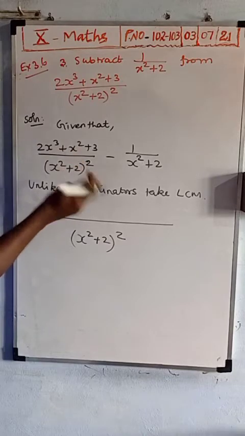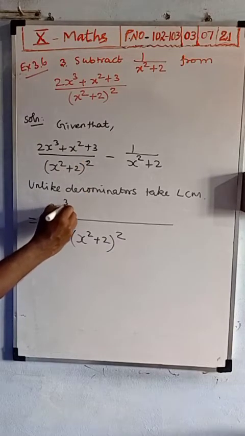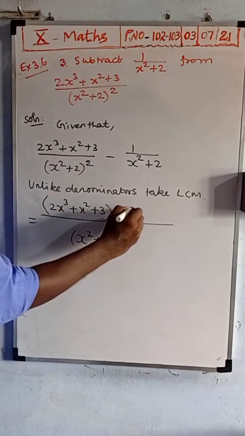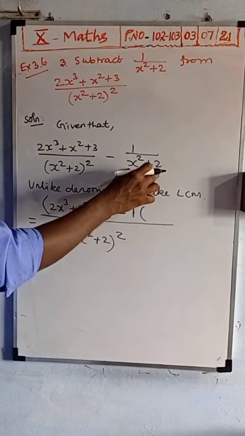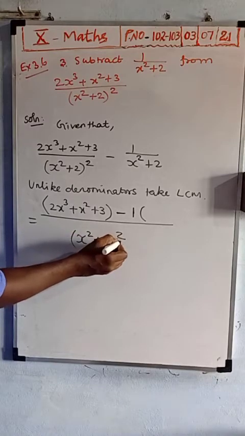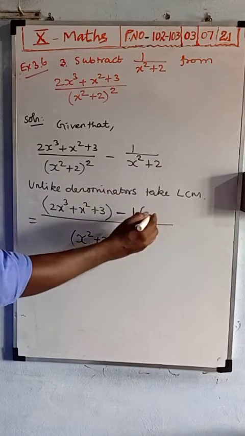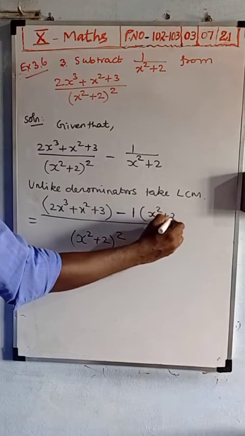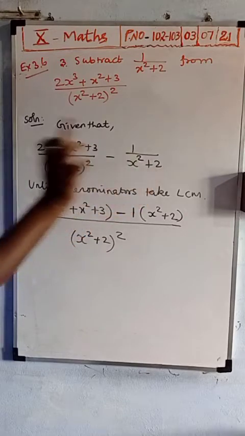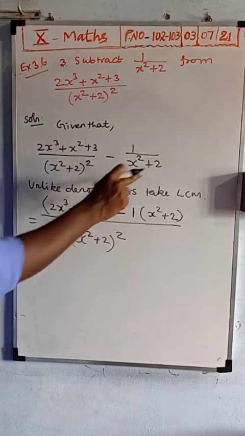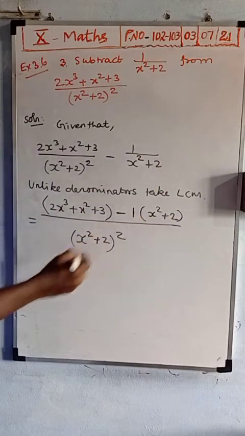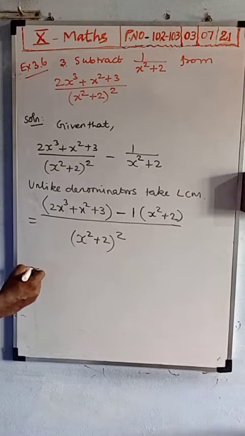Yes, this denominator, so the numerator you should write as it is: 2x cube plus x square plus 3, minus 1 into... a single time only is there, but we have chosen two times. The power squared is there, so one time only is here, one more time is missing, so you should multiply one more time. So x square plus 2 you want to multiply one more time. Will you understand? Here the denominator only one time is there, so one more time is missing, that one more time you should multiply with the numerator. Okay, so now I took the LCM, now you should simplify.